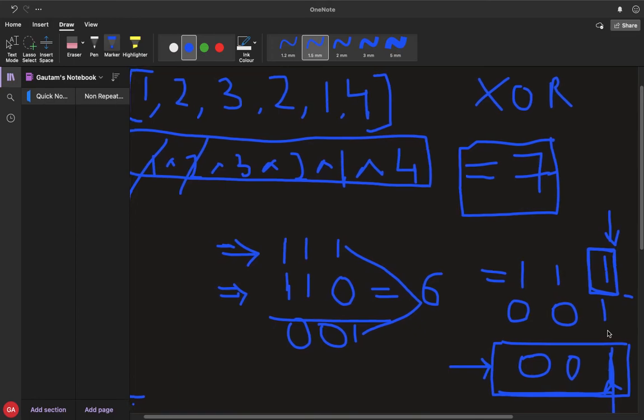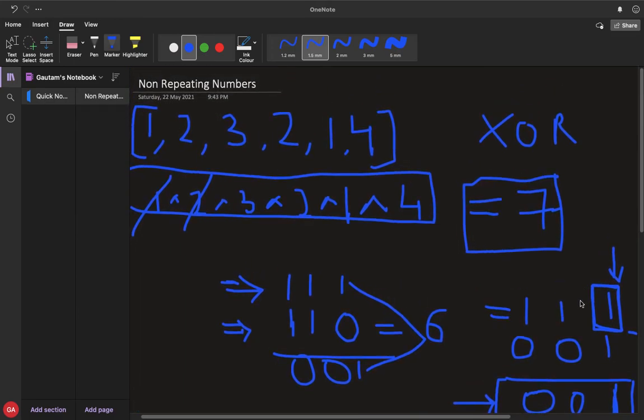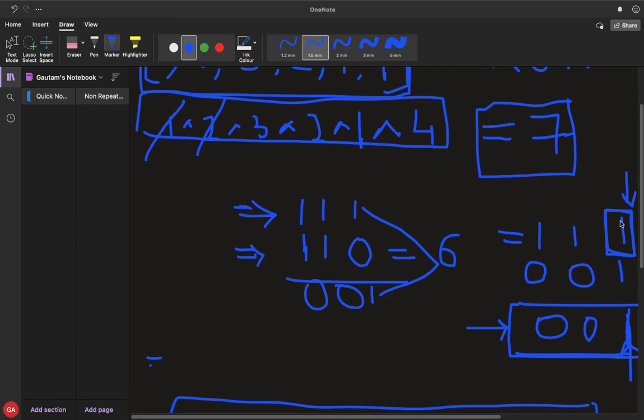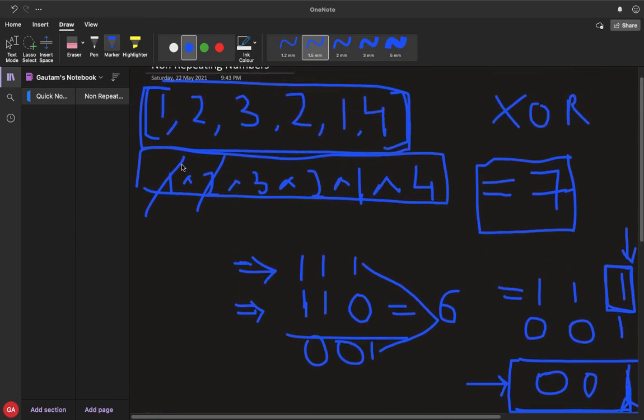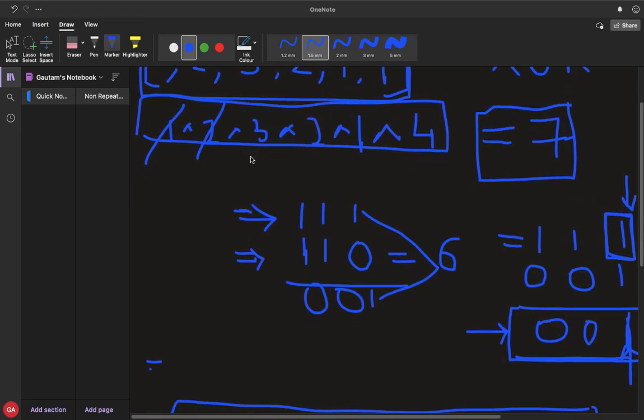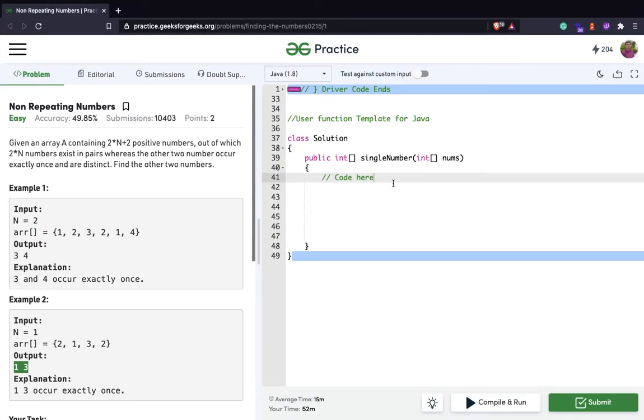That means we could check from this array which number has 0 over here or which has 1 over here. If a number has 0 over here, we could separate it in one group, and if it has 1 over here, we could separate it in another group. I think you guys have understood it, so let's implement the solution.